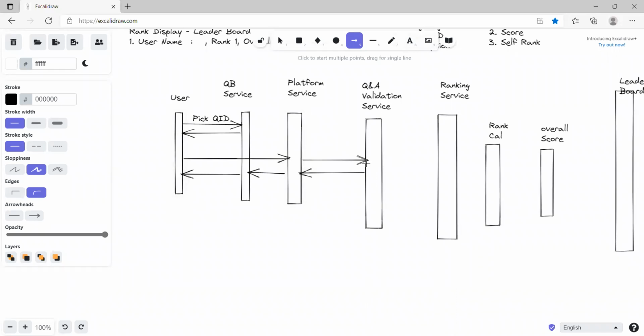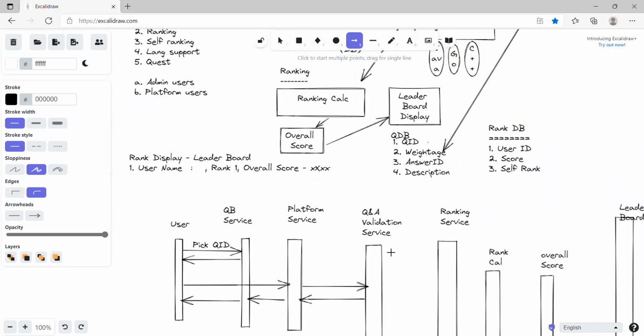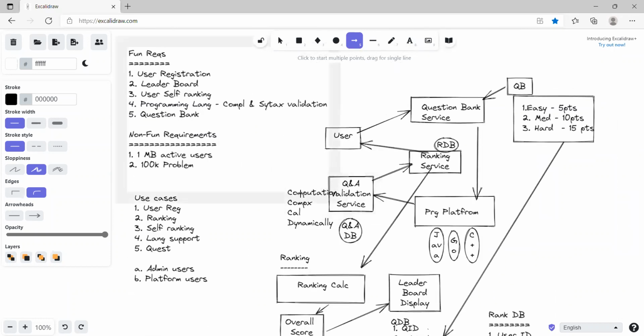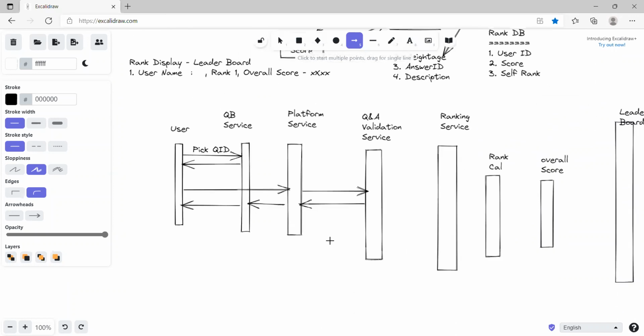The main objective of the validation service is to get that input, and, as I told you earlier, it is doing the additional computation dynamically. It takes that answer and checks memory. It is giving weightage for memory and CPU. So based on that, it will calculate